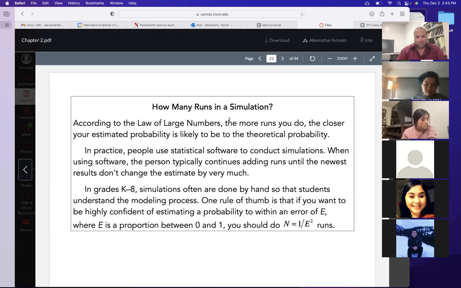Yes, n equals 1 over E squared. 1 over ESQ. The square root of n over the 1 square root of n. So E equals, S stands for squared. Sorry, I didn't realize that. But no, yes, it's n equals 1 over E squared. Oh, ESQ's. Oh, yeah, that makes sense. Right. So n equals 1 over E squared.